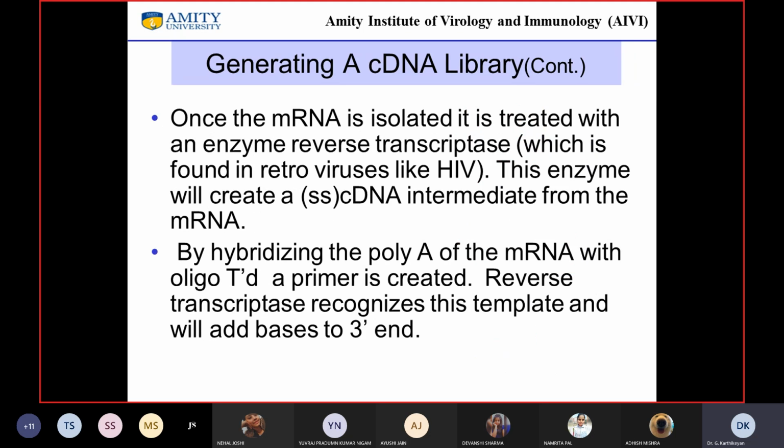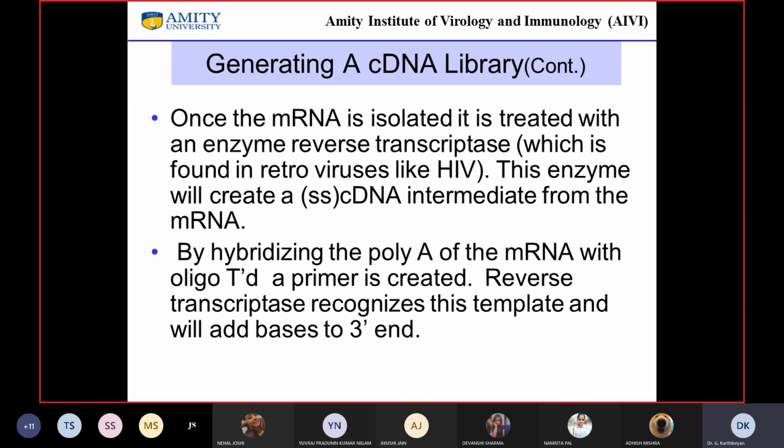So once the messenger RNA is isolated, it is treated with reverse transcriptase. Okay, reverse transcriptase is found in many retroviruses. All retroviruses have RNA as a genome, which they convert into cDNA using reverse transcriptase, and then the cDNA either gets integrated into the genome, or serves as a template for making RNA copies of the genome.